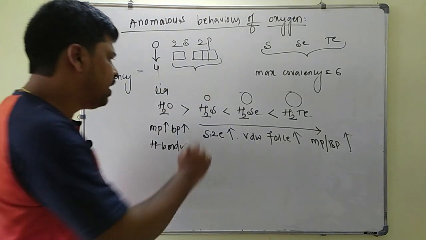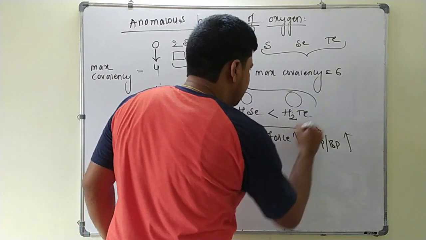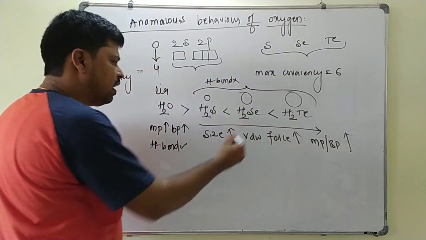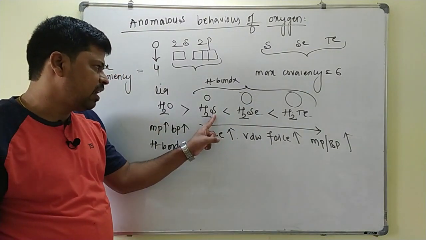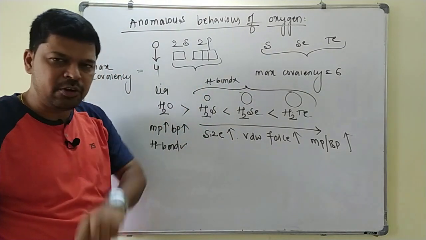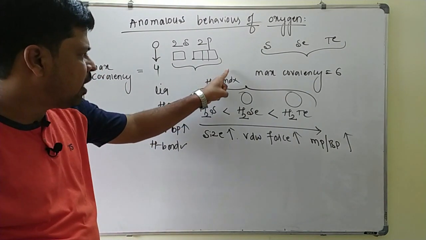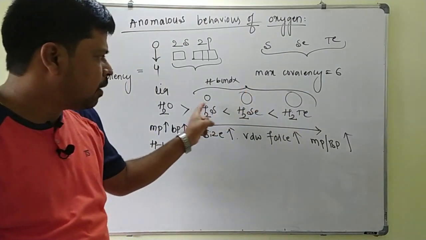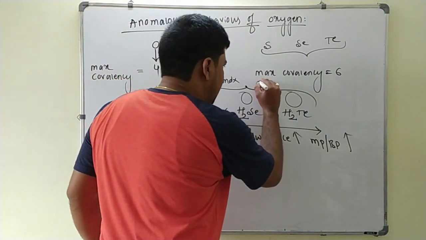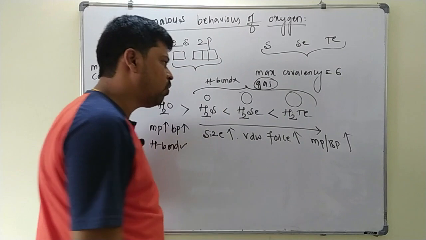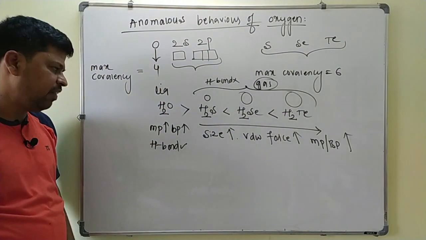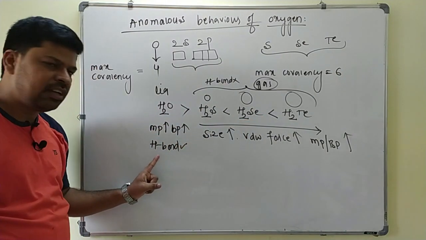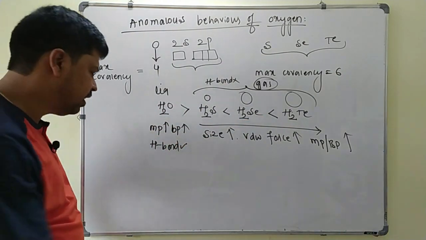But the remaining hydrides are not able to form hydrogen bonding because of their large size and less electronegativity of the central atom. Since they are not able to form hydrogen bonding, just a weak van der Waals force of attraction exists between them. Hence, all of the remaining hydrides exist in the gaseous state. All of them are gas, but only water is liquid. So, the melting and boiling point of water is higher than the remaining hydrides. Again, the reason is intermolecular hydrogen bonding in the water.